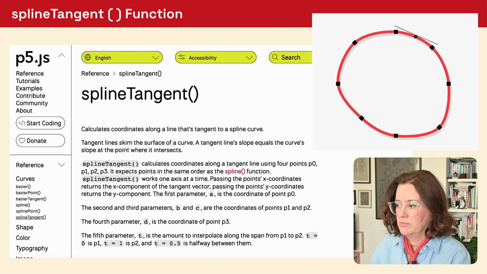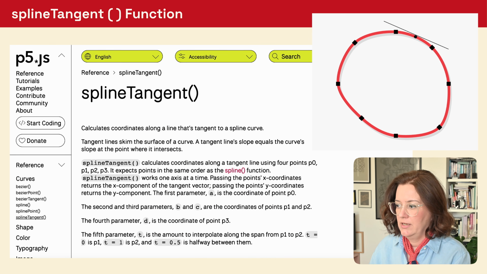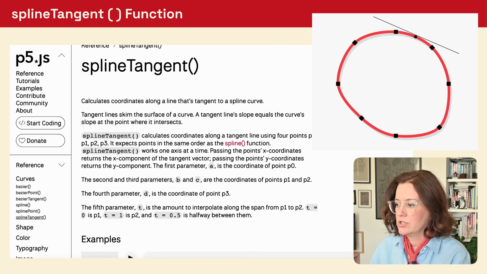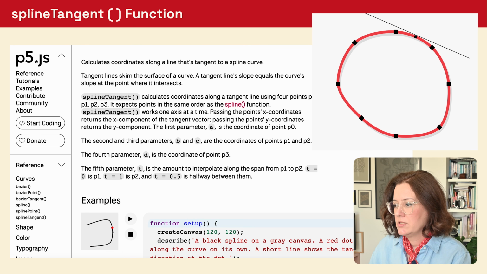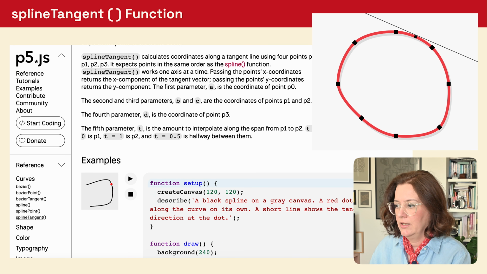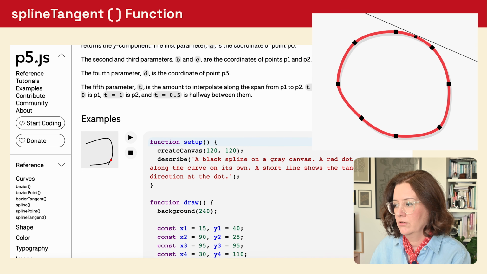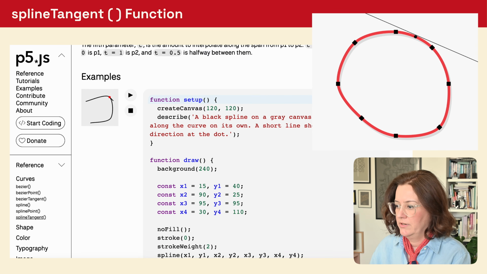splineTangent works in a similar way. It gives us the tangent at a chosen position on a spline. Once we have that, we can calculate the angle, rotate it to get a normal, or position something around the curve. I hope this gives you a starting point to explore your own variations and to see where using splines